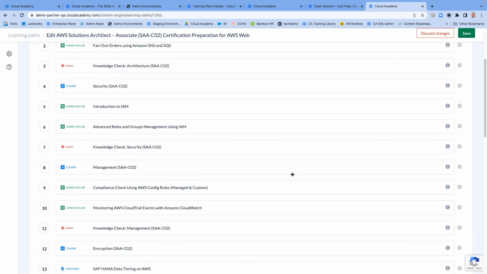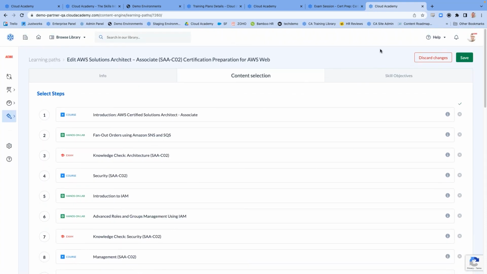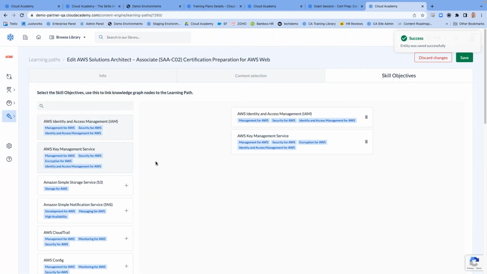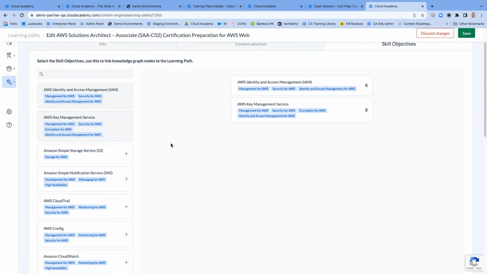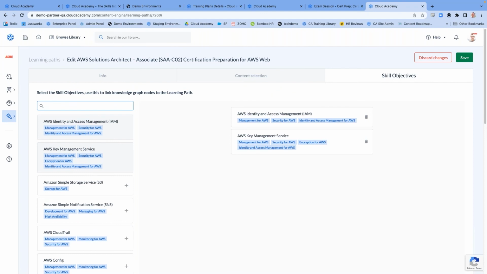Now to wrap things up here within Content Engine, keep in mind, I've said it a couple of times, we are a skills intelligence platform. So at step 3, you're going to see all of the different tech skills that you can align based on what was added. In this case, we duplicated, so there's already a couple of skills aligned. But the key takeaway here is that if you have your own internal specific skills that you want to track and monitor, we can get those added and reporting through our skill profile. So that is your quick introduction to Content Engine and how to customize the learning journey.